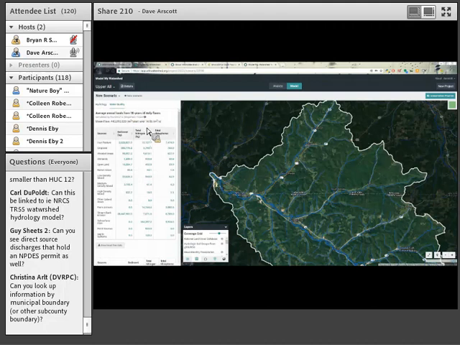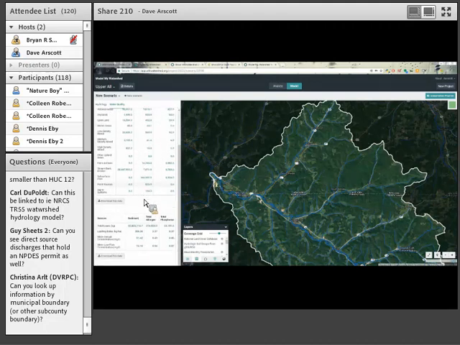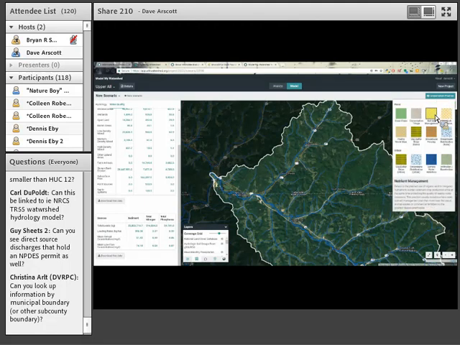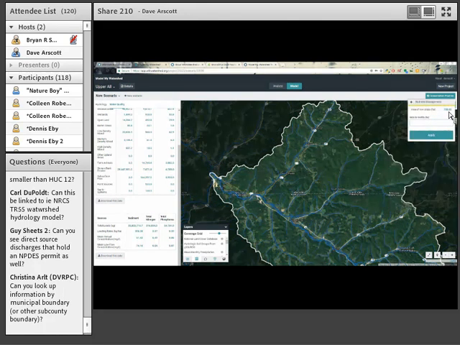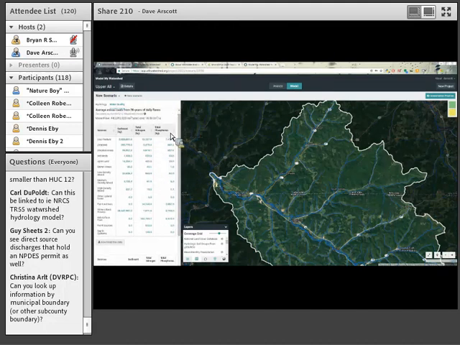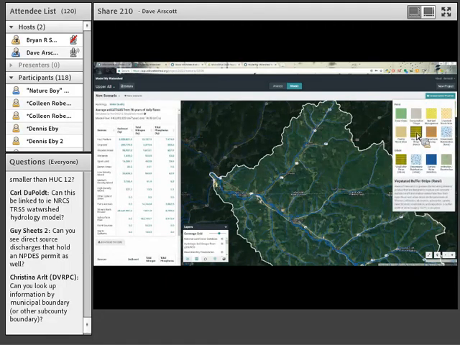And now you will have an updated table of loadings based on implementing this cover crop on 200 hectares. If you wish to remove it, you can click the trash button, or you can continue adding other strategies, like nutrient management, to those same acres or hectares. And again, when you apply, the model will update the table for new estimates of total phosphorus, nitrogen, and sediment loading, and so on. You can continue to add best management practices for your area of interest to explore the